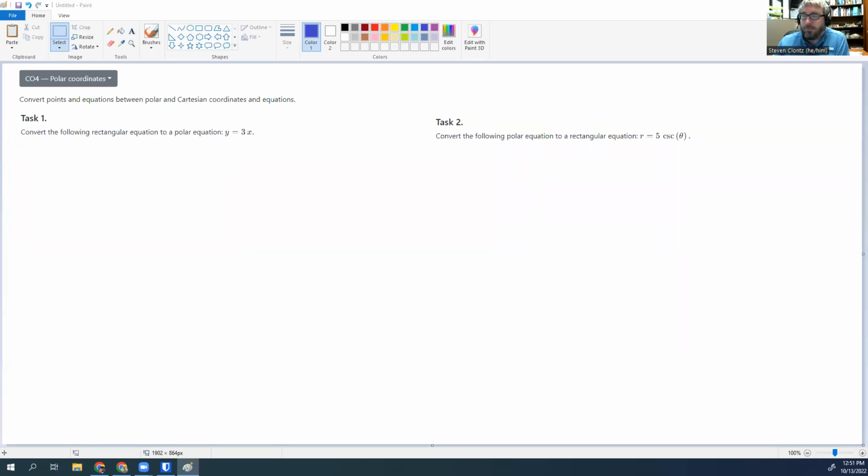All right. Well, what we're going to do right now is take a look at this particular learning outcome. We want to be able to convert points and equations between polar and Cartesian coordinates and equations. So in particular, we're going to look at polar equations and Cartesian equations. And in order to be able to do any of this, we have to know how these coordinates are related